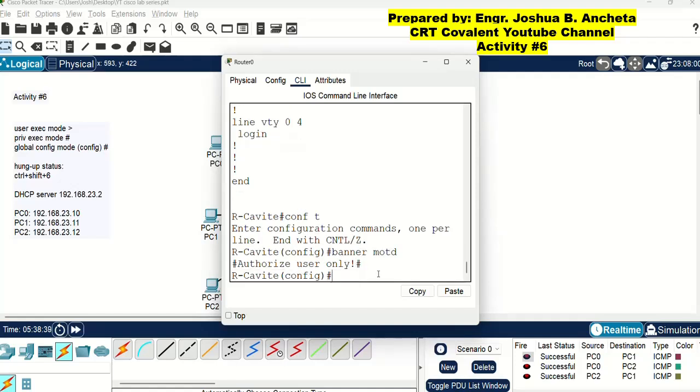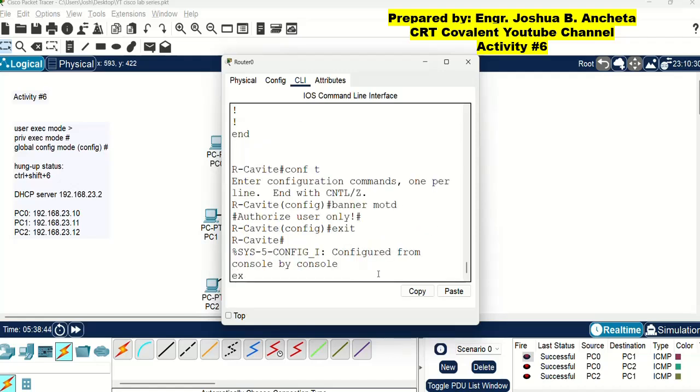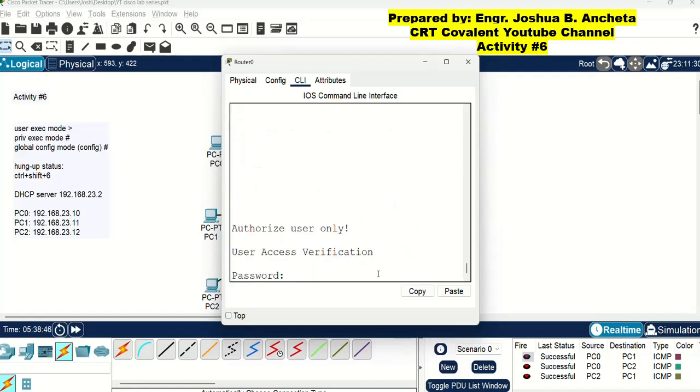Enter. Then we can check. So let us type exit.